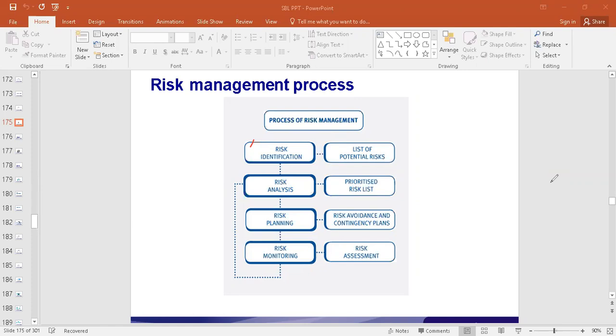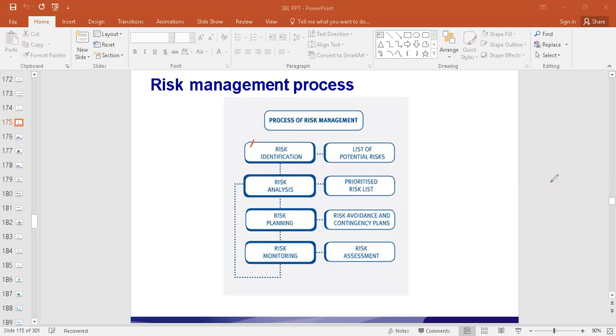Okay, so there is a risk register that is maintained which has all the details about the possible risk that can happen. Of late we also see that there are certain software available which give the details about the possible types of risk that can affect a business in a particular industry. There are such databases available from which it can be looked into what the different types of risks are. So step number one talks about identification of risk. What possible risk can happen that can affect the organization? Risk identification, list of potential risks.